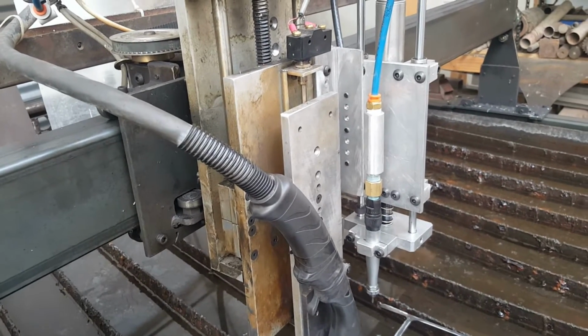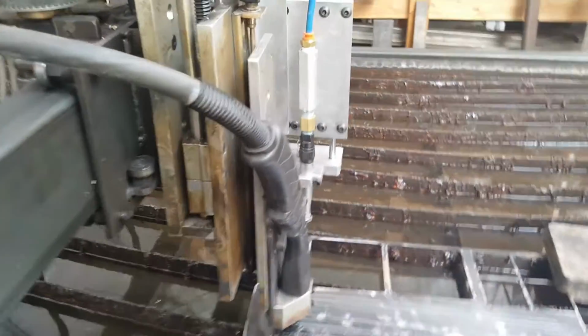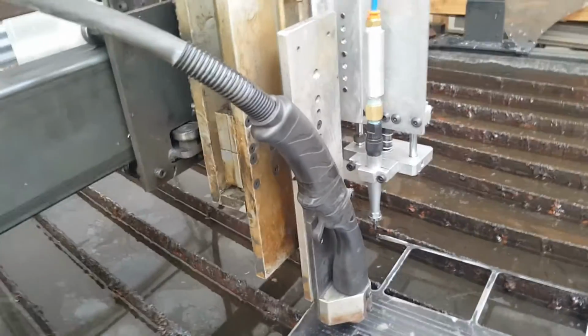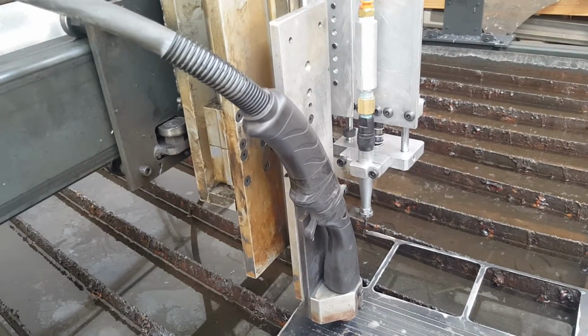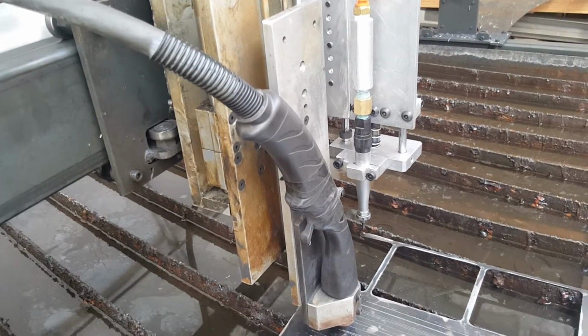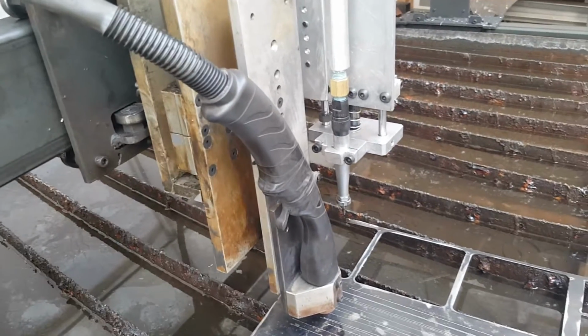So I had to remove that 1/4 inch line, and we got two 3/8. That made it drop a lot quicker. Still, I think I've got it set at 4.5 seconds. It doesn't seem like that long, but I think there's